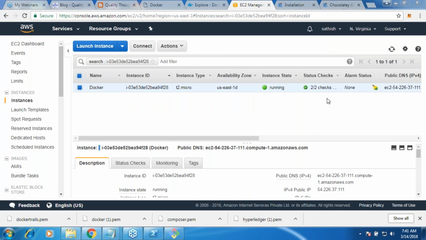And can we use Docker image to install on virtual Linux server without installing Docker? I think I didn't get your question. Can we use Docker image to install on virtual Linux servers without installing Docker on it? It is not possible. You have to have Docker, right? It's like using a docx file without installing Microsoft Word. So it will not know what that is. All right. You have to install Docker.